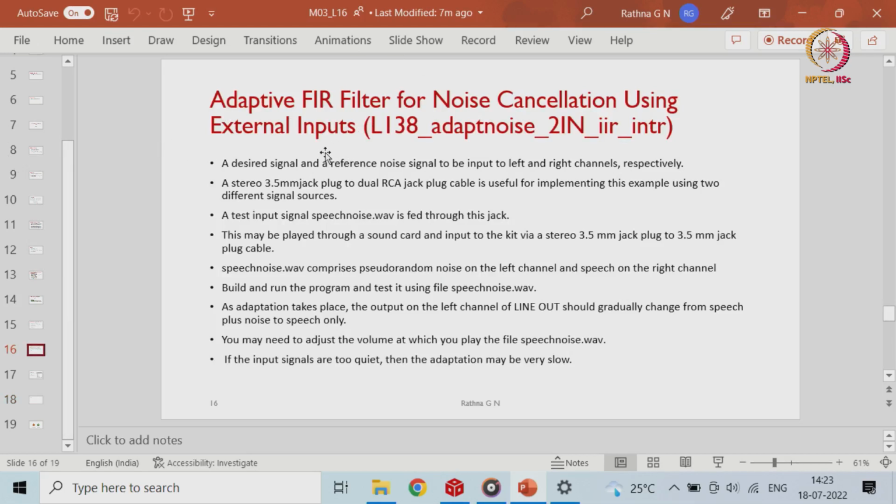This is from the book Real Time Digital Signal Processing by Rulph Chassaing, which I have taken. It has the adaptive noise canceller, adaptive 2 in IIR, interrupt driven. The left channel gets the noise and the right channel gets the signal. This is the demo using the IIR filter, interrupt driven,